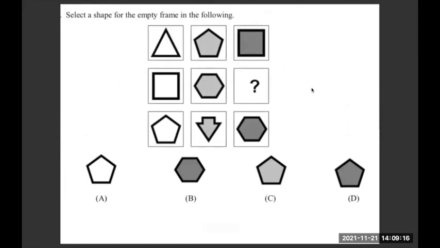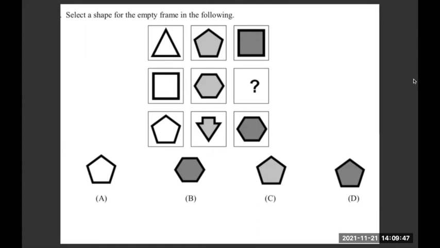This is also fairly simple. You are given this figure and you have to find what will come here. You're given some kind of relationship here, like we did earlier, this kind of grid question. You have to find what figure will come here. C. Okay, somebody is saying option C.